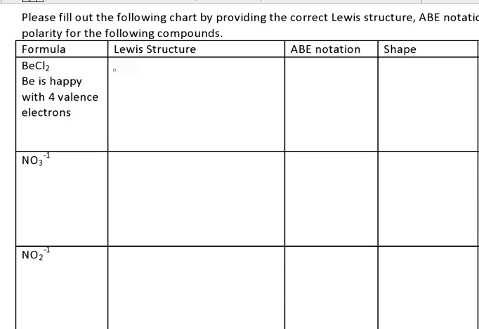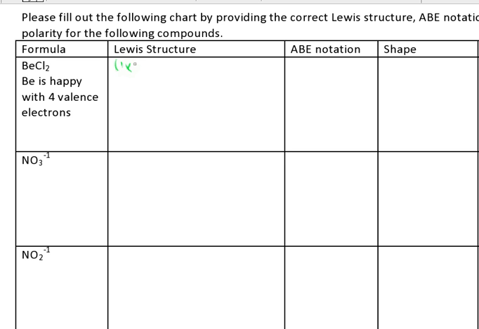All right, so if we take a look at this, this is page 11 out of the yellow packet. Very similar to what the quiz is going to look like. We've got the compound beryllium dichloride, and here we get a little note: beryllium's happy with just 4 valence electrons, unlike most elements. So first we're going to figure out how many electrons we would love to have, and we